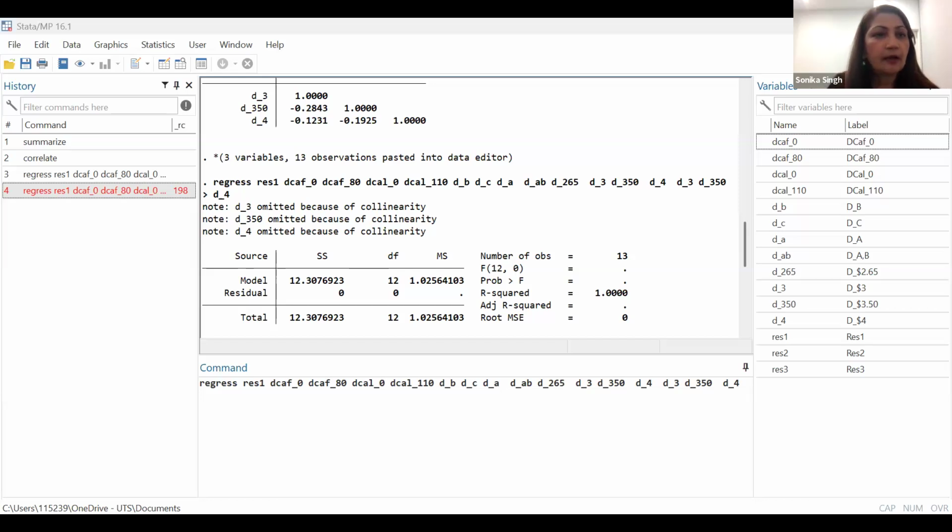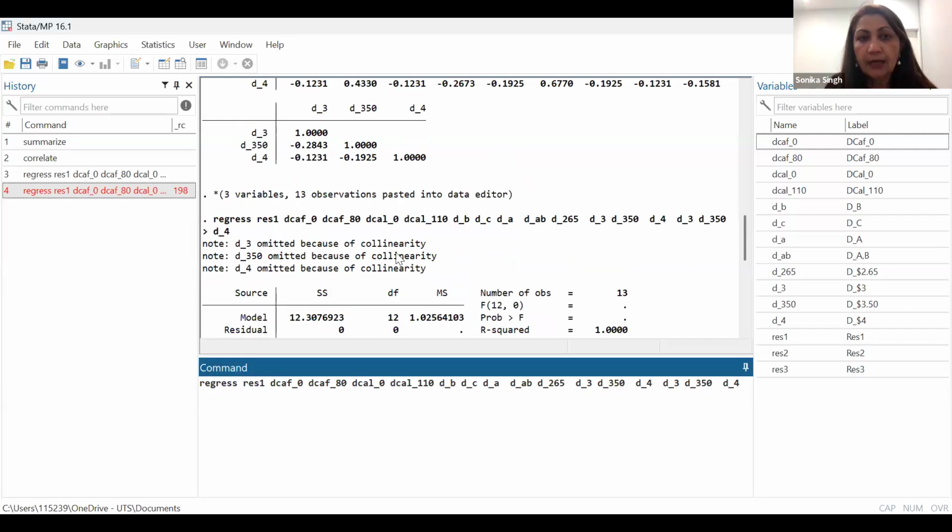I think I have to renew my Office 365, which is why I'm getting these messages. So when you have multicollinearity, the variables which are highly collinear, it is best to remove those variables from your regression. Now in our case, data has told us that